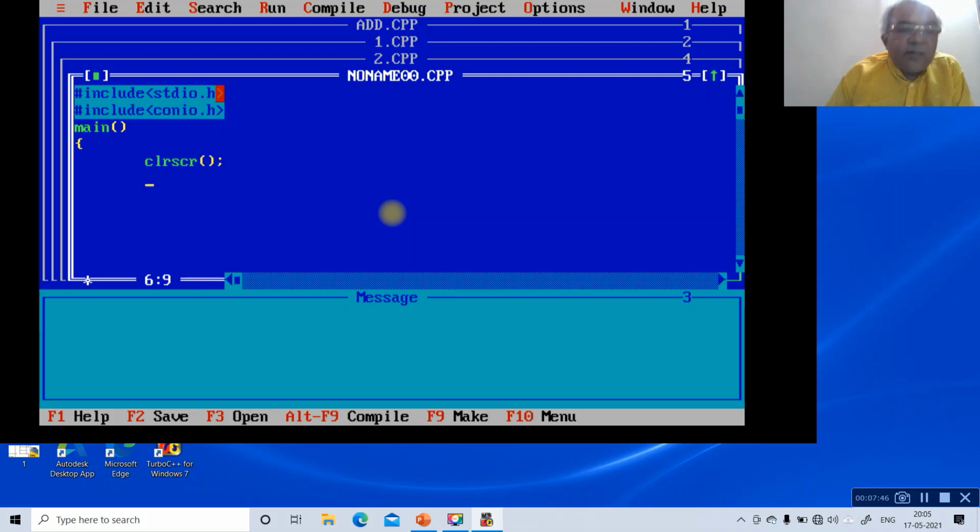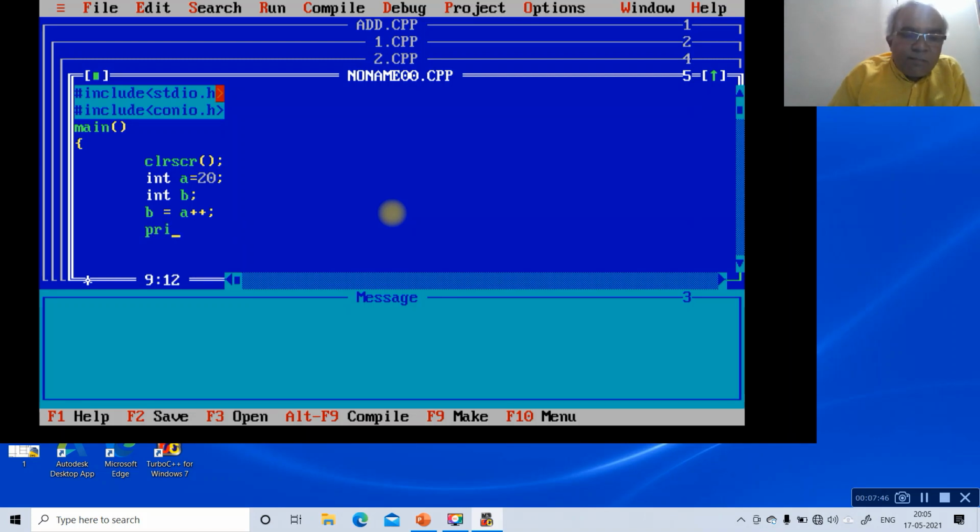This is the post increment. So here int A equals 20, we are assigning the value of A is equal to 20. Then I am going to declare the integer variable int B. Since it is a post increment, B is equal to A plus plus, and close it.